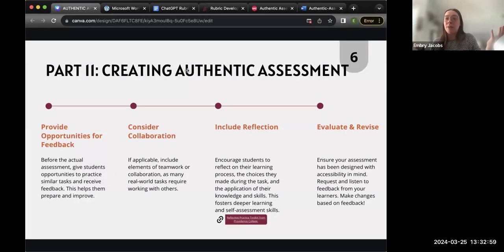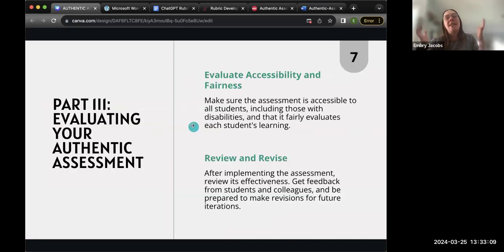And then evaluating and revising. If we don't reflect, we really can't get to the question of what I should do differently next time. And also looking at that accessibility piece. That's the next thing I have here: evaluating your assessment, probably before your assessment ever even